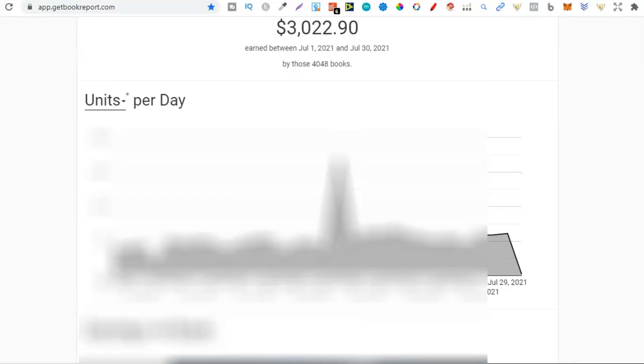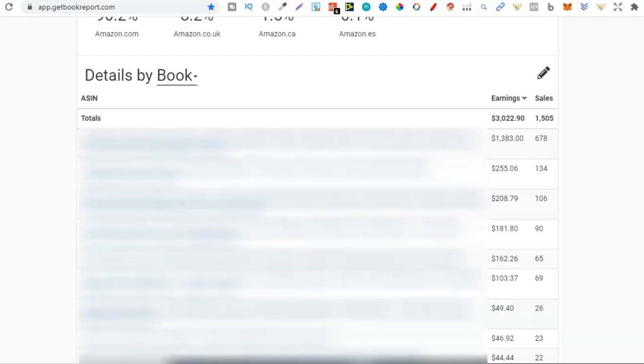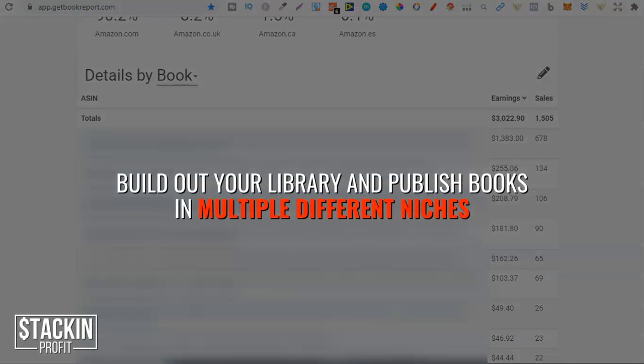Now, you could do this with 100 books, 200 books, 300 books, 5 books, 3 books. There is no set rule, because there are so many different types of niches. Some niches you could sell thousands per month. Other niches you might only sell 10 per month. So the best way to combat this is to actually build out your library and publish books in multiple different